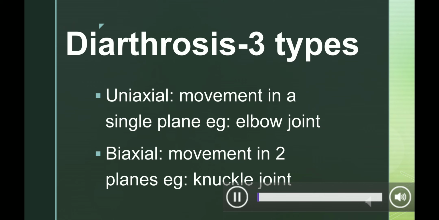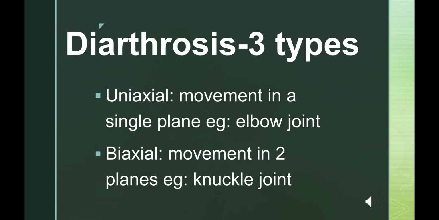We have already discussed that diarthrosis joints allow a wide range of movement. These diarthrosis joints are divided into three types based on the number of axes of motion provided by the joint. So what is an axis? In anatomy, axis means the three anatomical planes. They are the transverse plane, frontal plane, and sagittal plane. We have already discussed that the transverse plane divides the body into upper and lower halves, the frontal plane divides the body into anterior and posterior halves, and the sagittal plane divides the body into left and right halves.